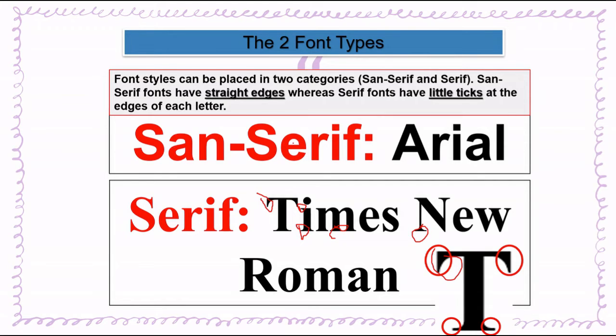And what are sans serif fonts? Sans serif fonts are those which don't have that. They just have straight edges. They don't have tick marks, right? So remember this, serif fonts have tick marks and sans serif fonts have straight edges. An example of a serif font is Times New Roman. An example of a sans serif font is Arial. You can see Arial has straight edges. So when you come to your Word,